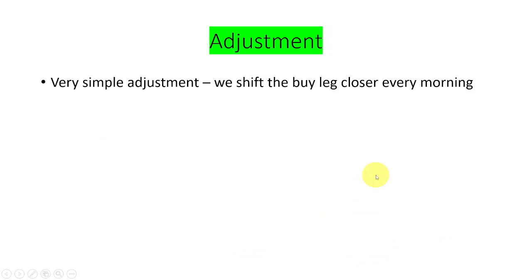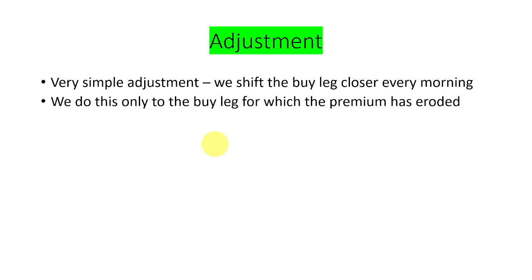Now the adjustment part is a very simple adjustment. We see the payoff chart every day in the morning at 9:30 a.m., and if the market is suitable for us, we do the adjustment. The only thing that we do is shift the buy leg towards the nearer premium. In the previous slide I showed 1:3:2, and that 2, which is 2,500 points away from ATM,